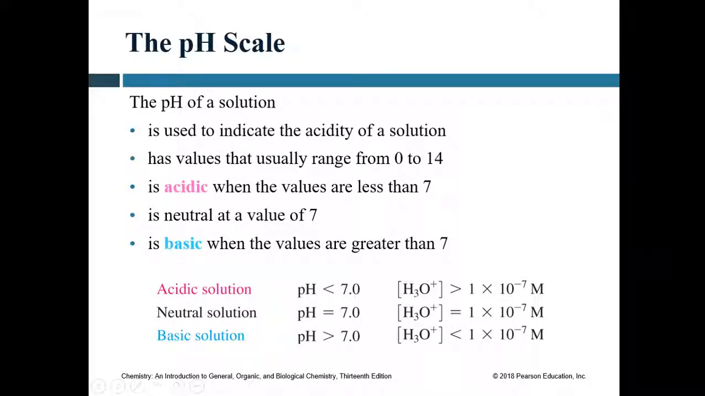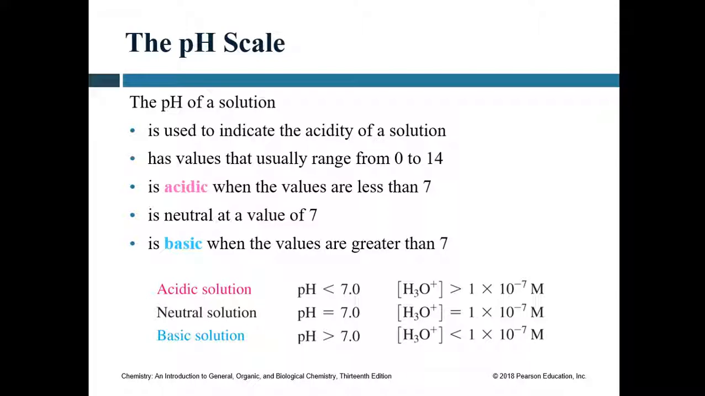The pH scale. In this section, we're going to learn how to calculate pH. Now, the pH of a solution is used to indicate the acidity of a solution. It has values that usually range from 0 to 14. It is acidic when the values are less than 7, like from 0 to 7, or actually if it's a